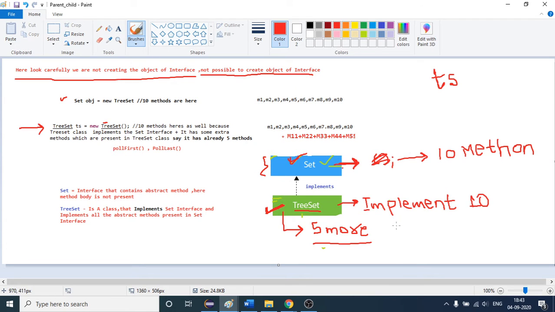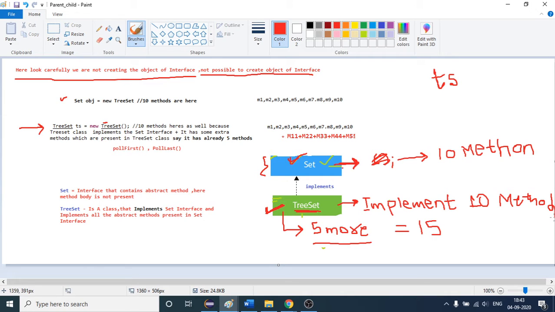So in total we have 15 methods in this TreeSet class. 5 methods are already present in the TreeSet class, and the 10 methods are coming from this interface, and it is implementing these 10 methods of the interface. So we have a total of 15 methods in our TreeSet class. As of now, is it clear to you all?